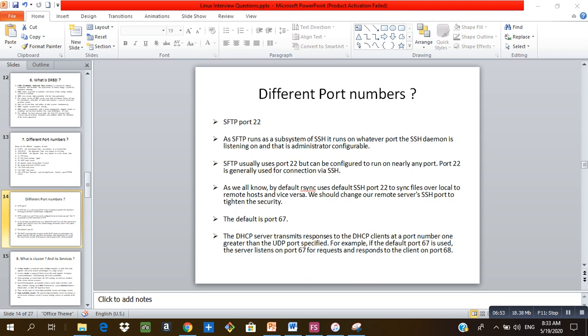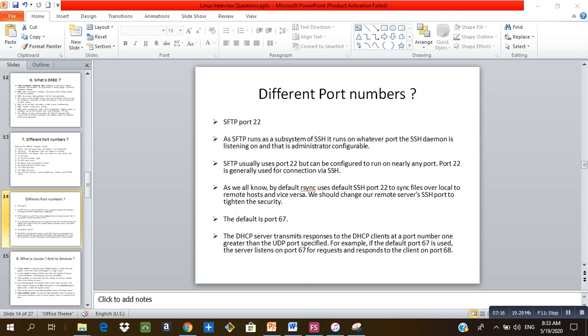So these are some of the ports that are used commonly. I have mentioned the port numbers and the services. Before going to the interview, you should see the list of the ports and their port numbers, so that if the interviewer asks you any port randomly, you can easily give the answer.